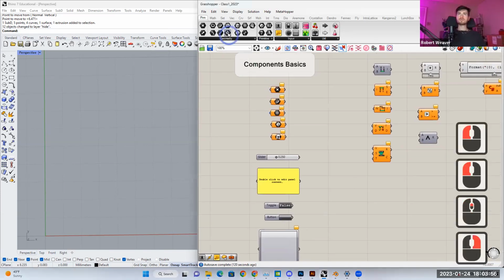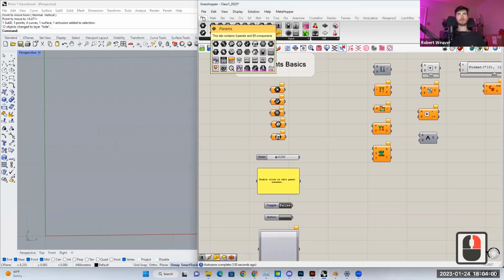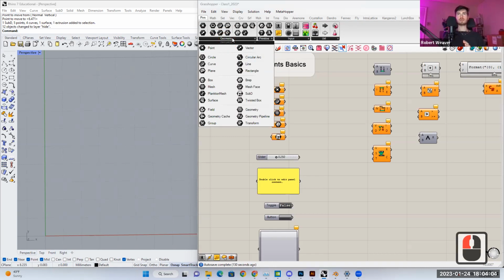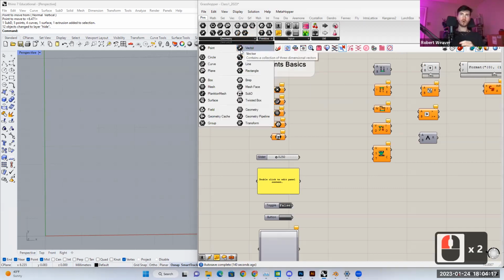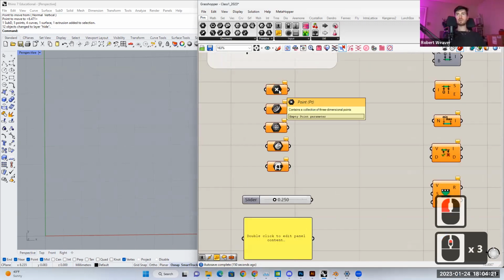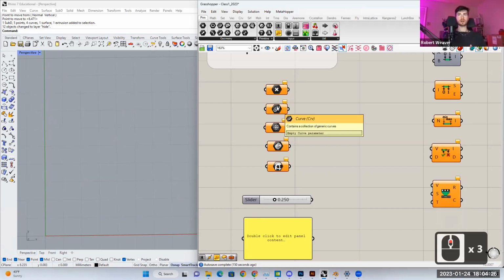Yeah, so, okay, so going through some of these basics. So the first one here, the parameters, these are mostly just inputs. A few exceptions, like the panel that we showed, that you could use as an input or an output, but most of these are inputs. And we have really basic containers here in the geometry and the primitive section, which can all hold pieces of data that line up to their name. So some really simple ones, we have points that can hold a collection of points. We can hold a collection of curves,